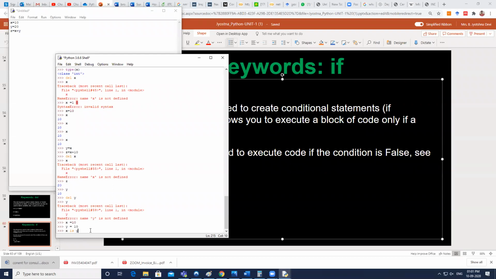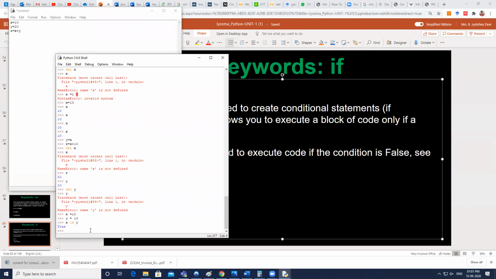So 10 is an object here, and x is y will return true because they are pointing to the same memory location.